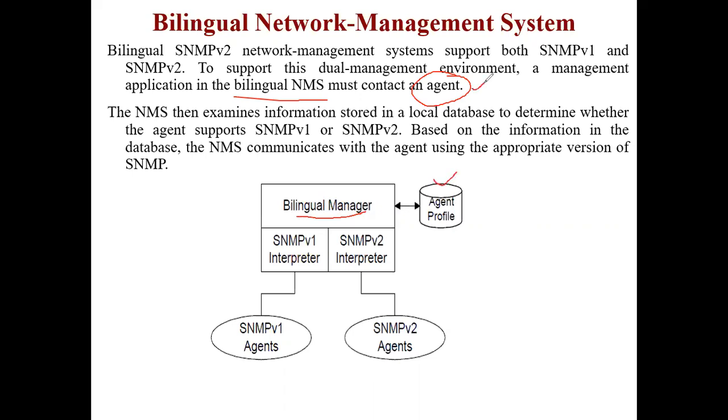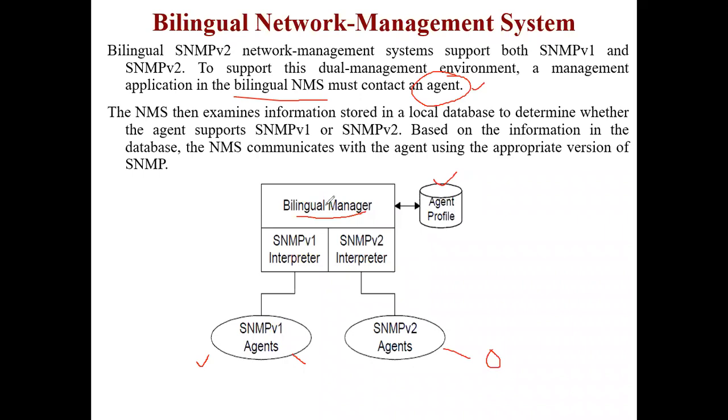So this agent is present over here. Here you can see he's asking and the agent is giving some data. So that's why there is a bi-directional arrow. And here I have the SNMP version 1 agents. And here I have version 2 agents. The objects will be over here. That is not specified. All the objects or the network components are handled by this set of agents. So whatever SNMP enabled objects or components are here, they are with respect to version 1. Whatever objects or network components are here, they are with respect to version 2. So what we want to do is, now I want to manage both of them.